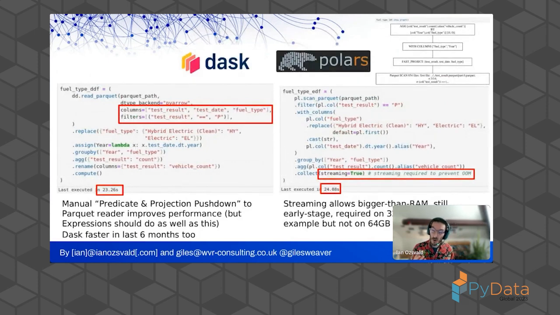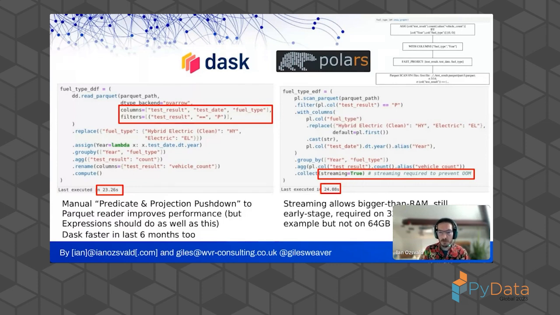What if we better optimize our results? So we use some hard-won knowledge to optimize things. Back in June, Giles did loads of work. He spent days optimizing one of our more sophisticated queries for the earlier talk. We've kept it a bit simpler here. Here we didn't have to do that level of optimization, which is quite nice because Dask in the last 6 months has improved anyway. They've got a bunch of performance improvements in there. But by pushing some of these things by hand back to the Parquet level, even there we got a slightly better result, 23 seconds. But then contrast that with the Polars result on the right-hand side.